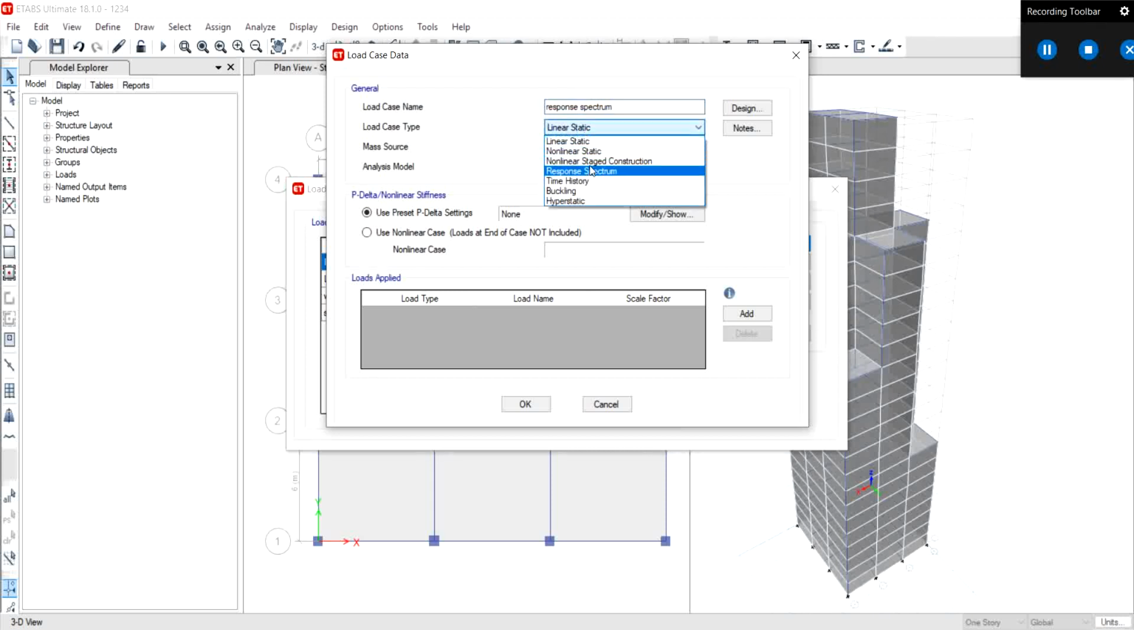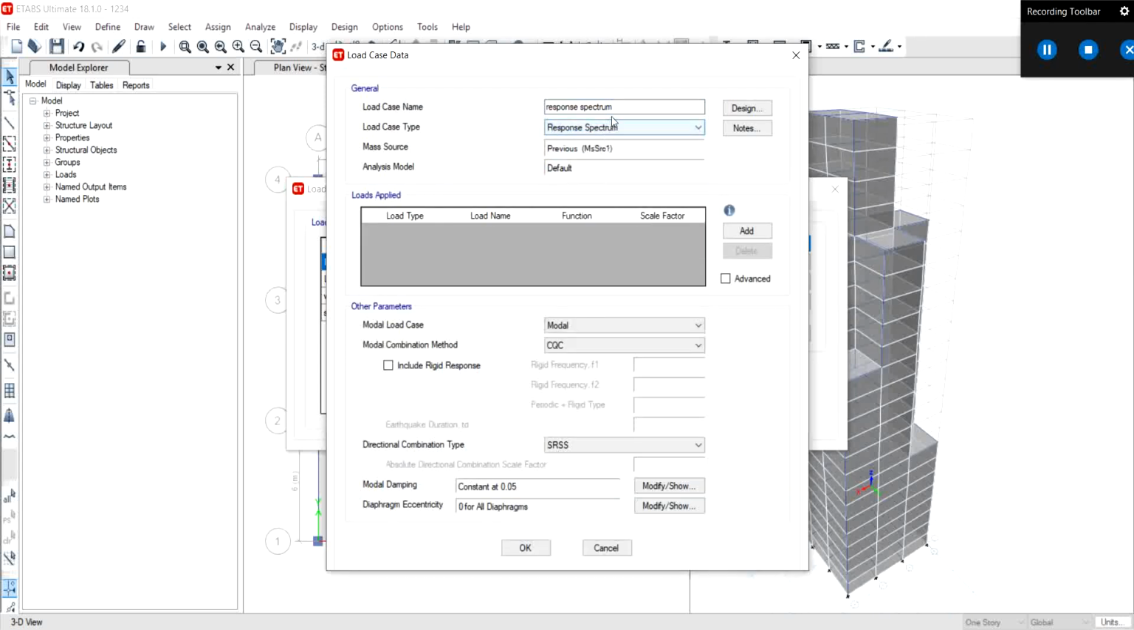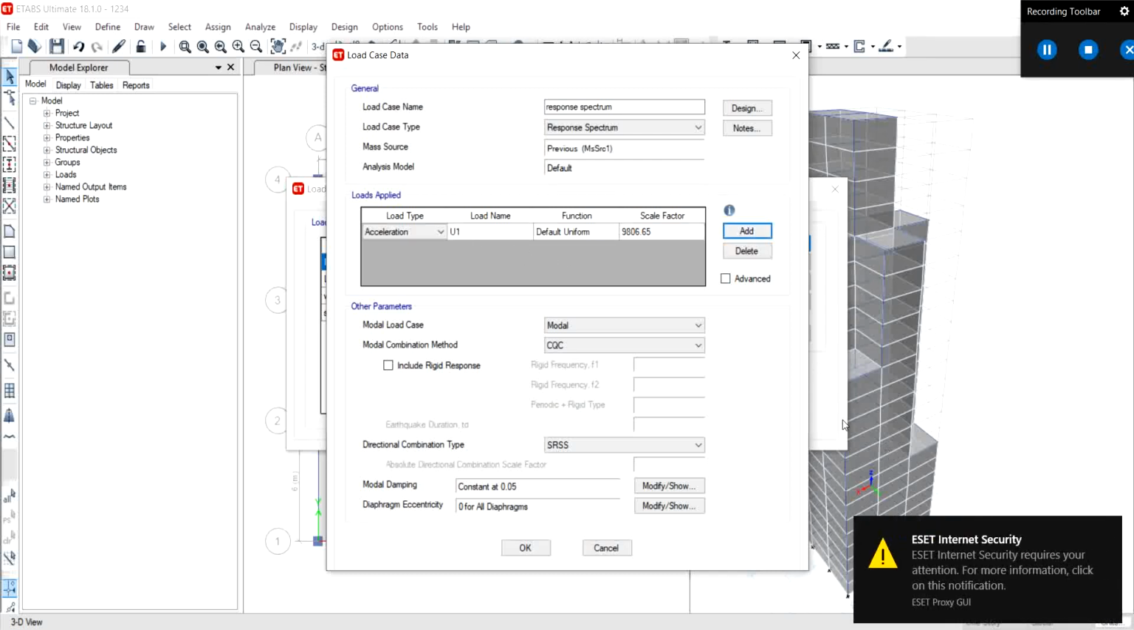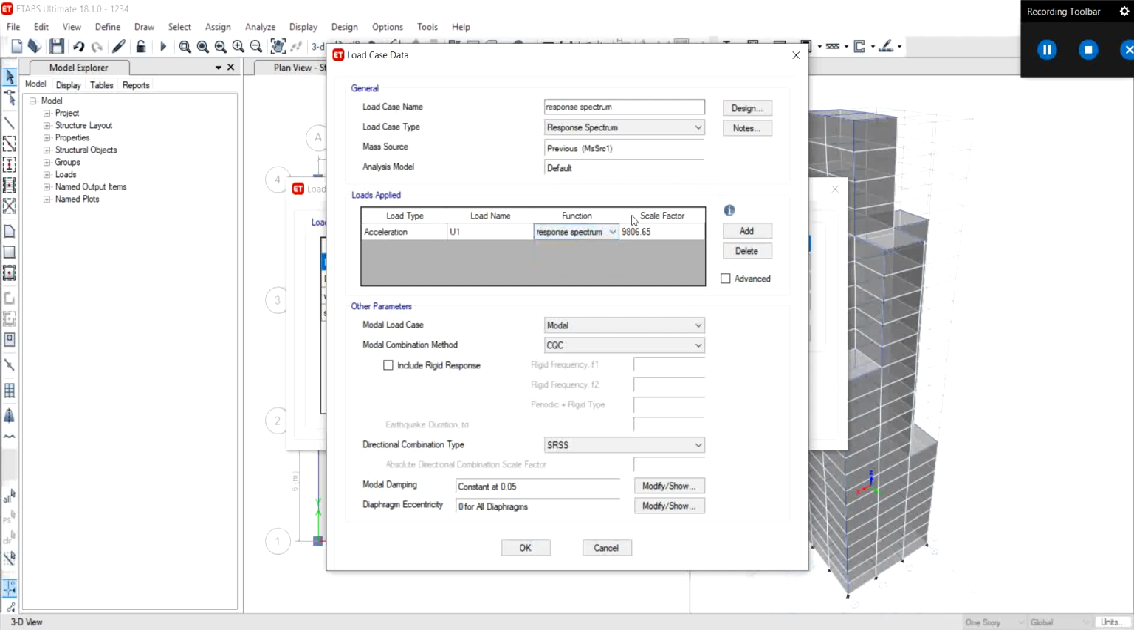Load case type, make it response spectrum and go to add. Okay, now from function click on response spectrum and scale factor. So how will you define scale factor? You have to calculate it manually, and the formula for scale factor is I into g upon 2r, where